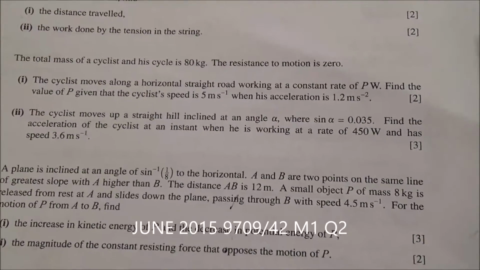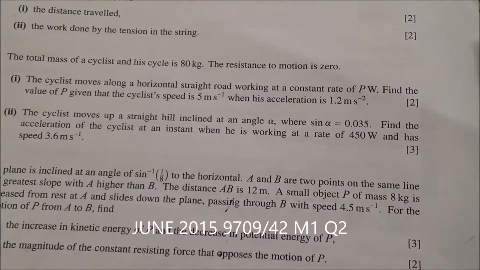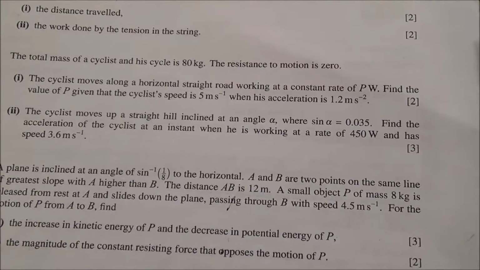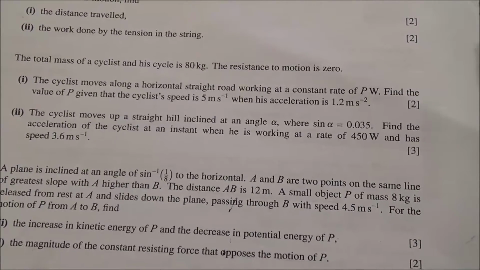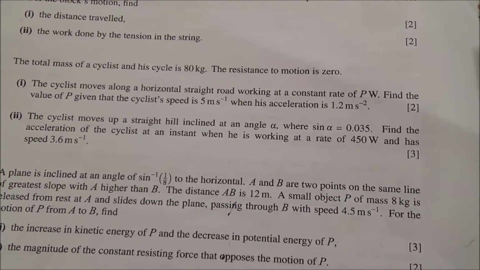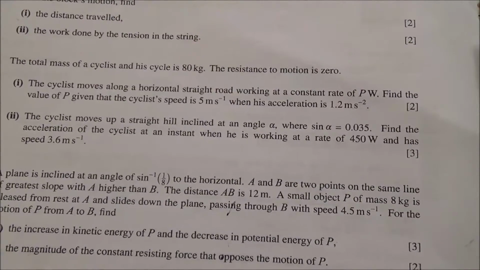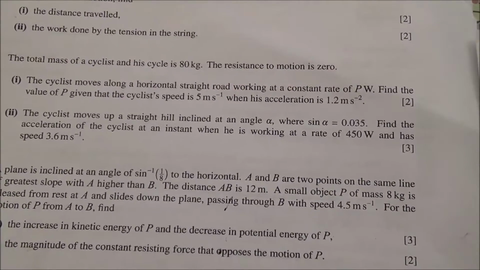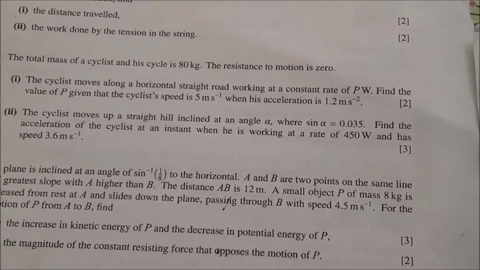Hi, question number 2. The total mass of a cyclist and his cycle is 80 kilograms. The resistance to motion is 0. The cyclist moves along a horizontal straight road working at a constant rate of P watts. Find the value of P given that the cyclist's speed is 5 meters per second when his acceleration is 1.2